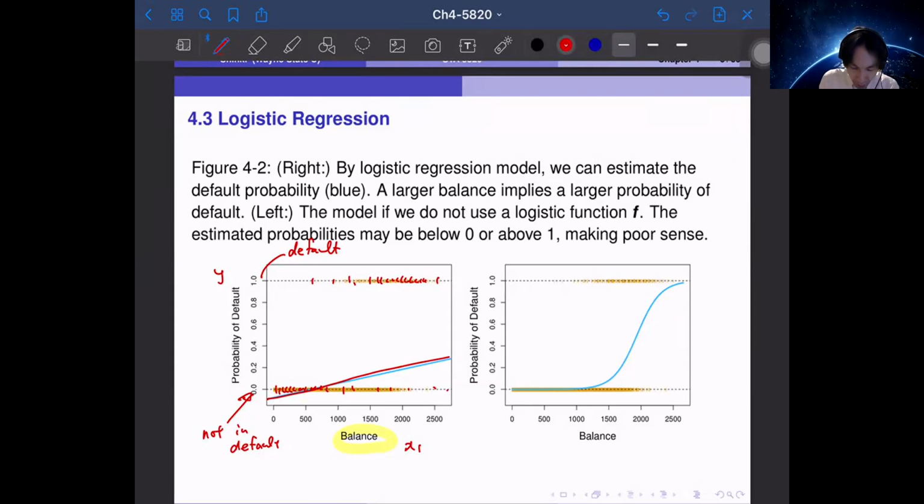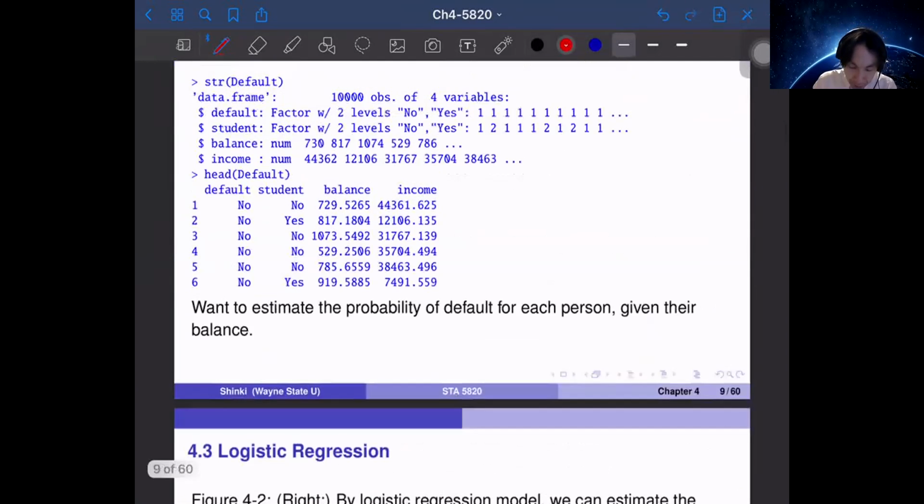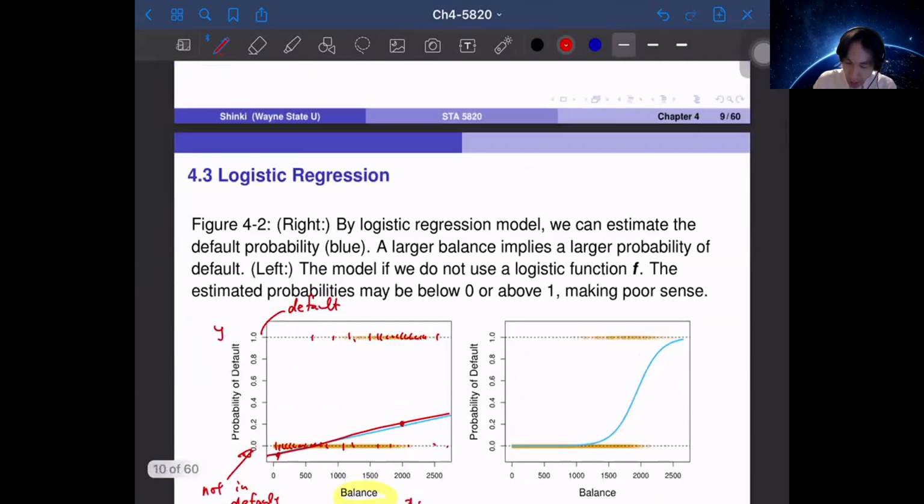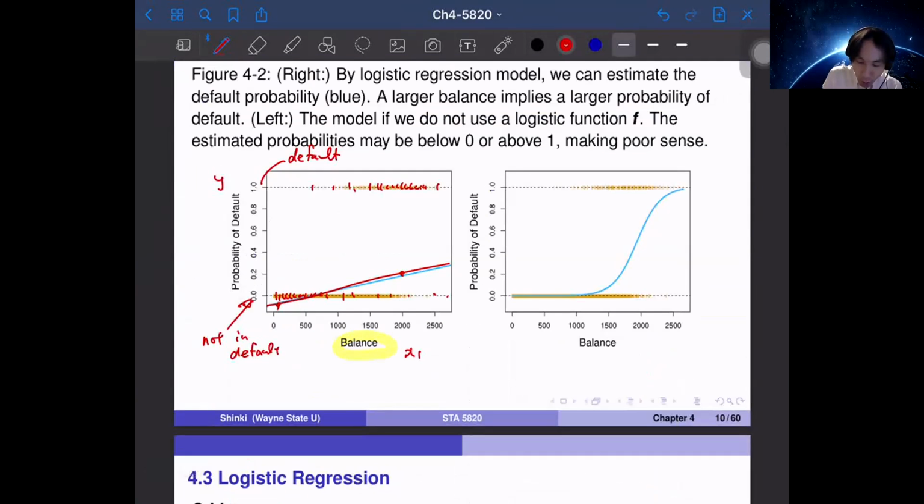Because the value is either 0 or 1, how do we interpret this, the 0.2 or something? Or what happens around here? The fitted value is less than 0. So it does not make much sense. So it's not good. The basic idea is that since all points are on this line, y is equal to